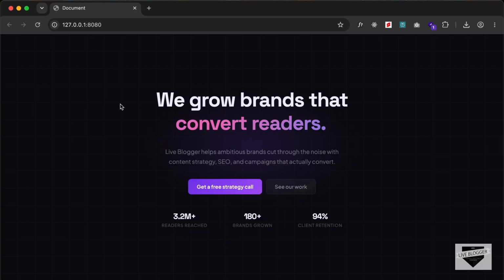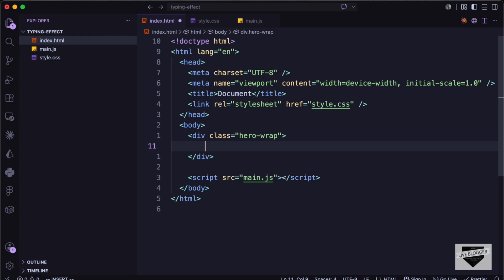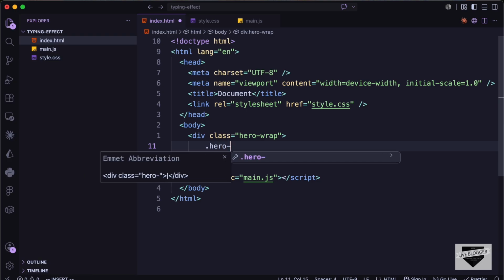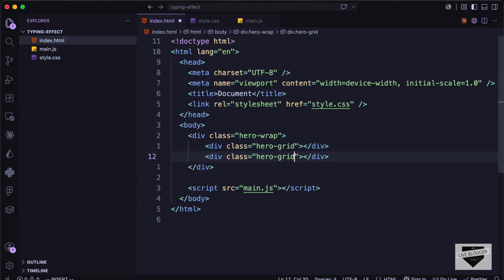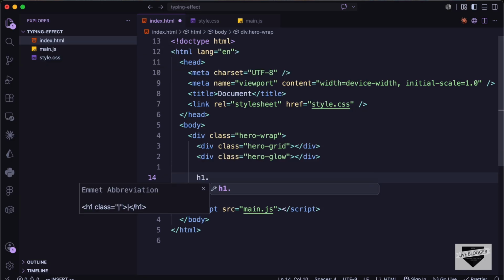But before that, let's add two divisions for this. So we can see that we have these grids over here. So we will add a division for the grid and we'll add one more division for the glow. So we can see some glow over here. So let's create two divisions, one with the class of hero grid and let's create one more division with the class of hero glow. Alright, now below that let's create an h1 with the class of hero title